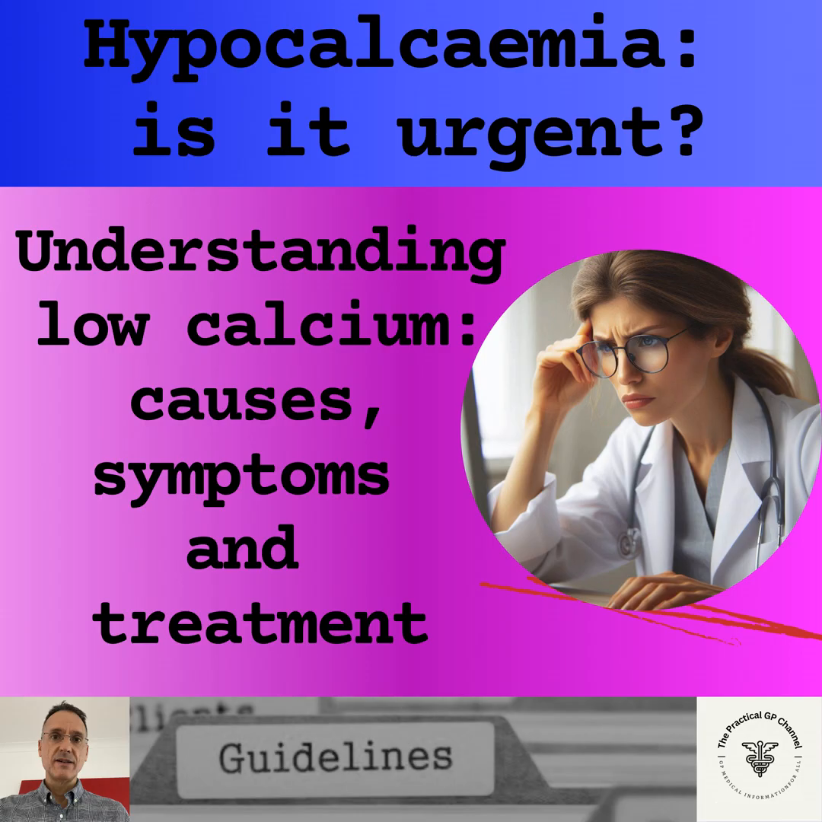Let's quickly have a look at them. For Trousseau's sign, a blood pressure cuff is inflated, usually about 20 millimeters of mercury above the systolic blood pressure, and it is left inflated for about 3 minutes. A positive sign is indicated by involuntary contraction of the muscles in the hand and fingers, known as carpal spasm